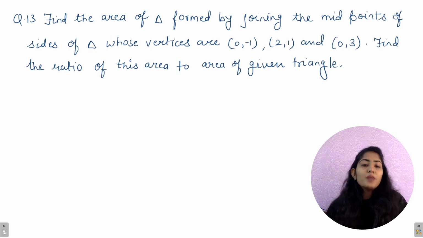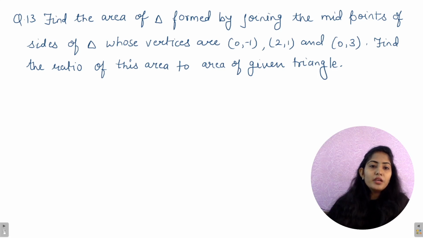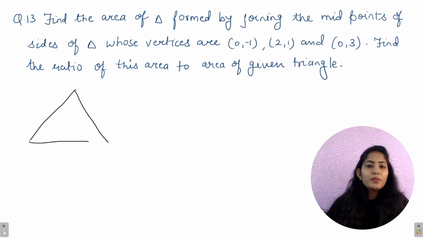आपको इसमें एरिया फाइंड करना है जो कि साइड्स के मिड पॉइंट को जोड़कर मिला है। तो पहले हम एक ट्रायंगल बनाते हैं फटाफट से, जैसा कि इसने बोला है। ये हमारा एक ट्रायंगल है, ठीक है दोस्तों। तो मैंने इस ट्रायंगल के मार्क कर दिया है, ये A है, ये B है और ये C है,